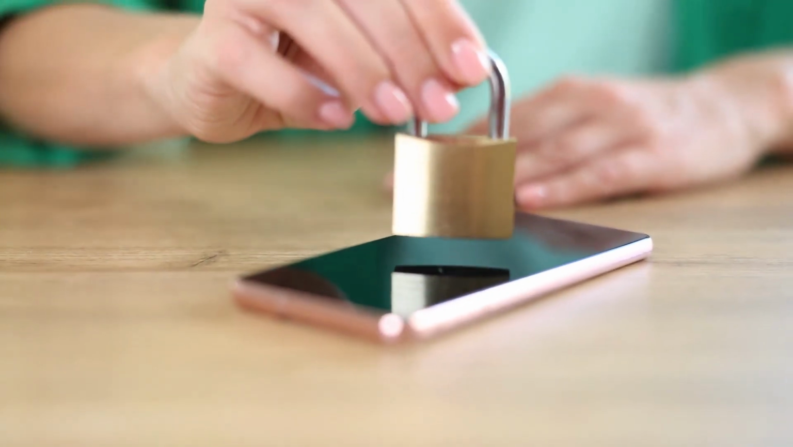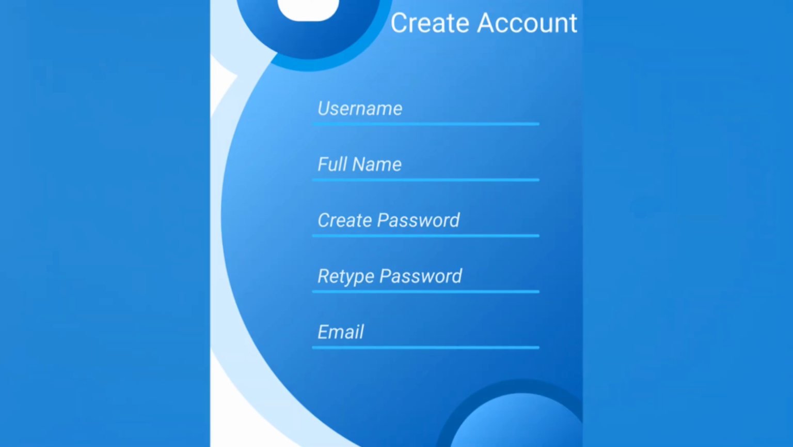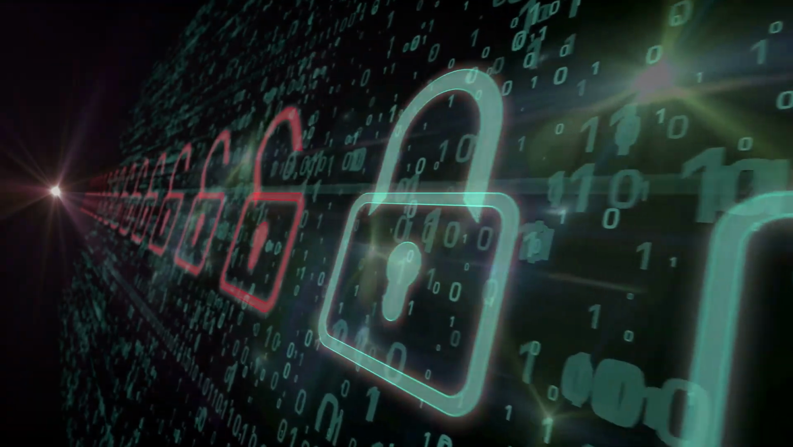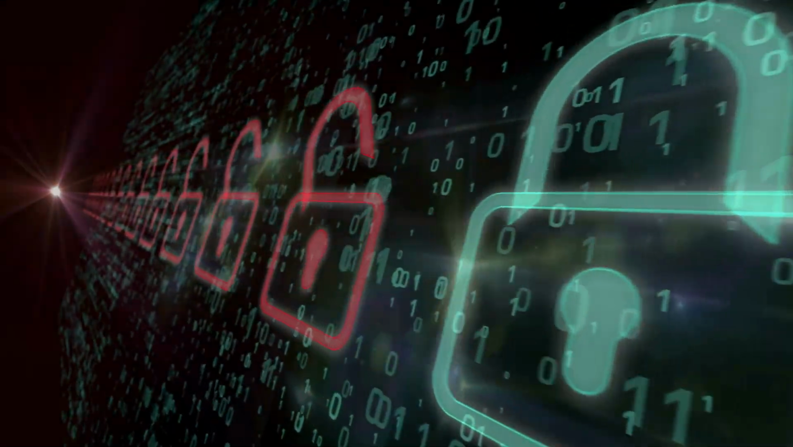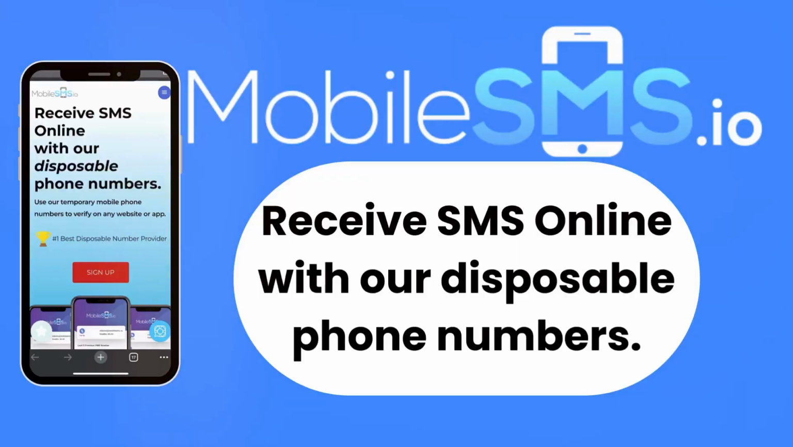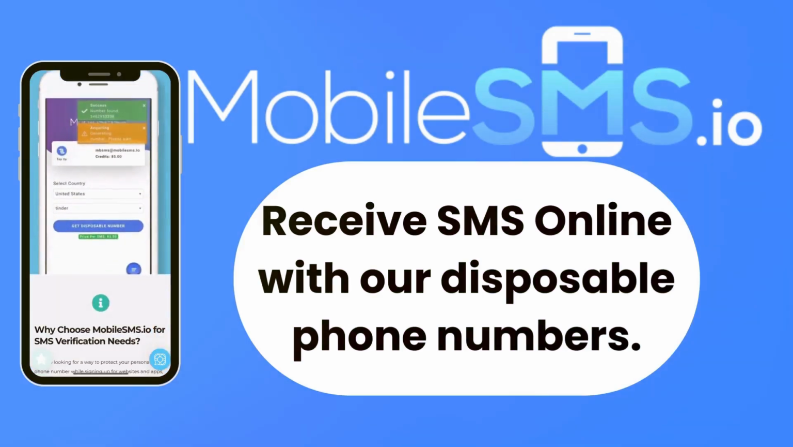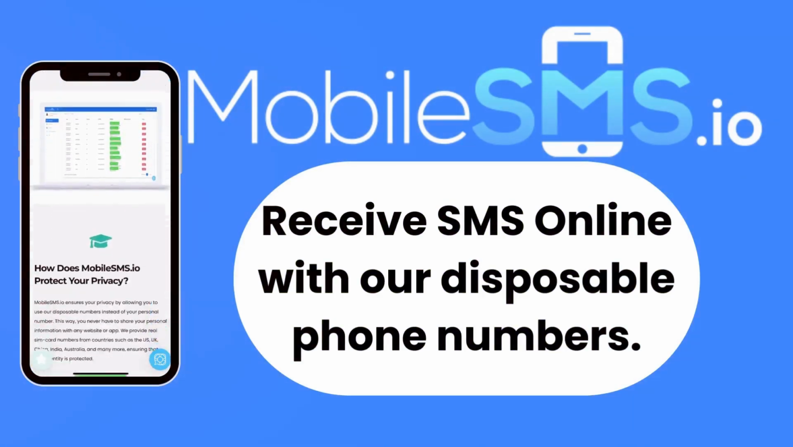Alright Oppo users, let's talk about how to keep your privacy intact while creating an Oppo account. In today's digital age, safeguarding your personal info is crucial. If you're hesitant to share your phone number for verification, I've got a solution for you, using a disposable number